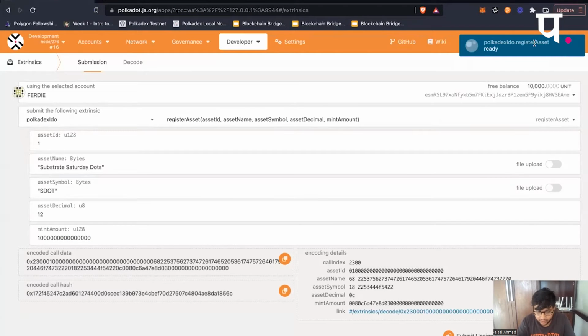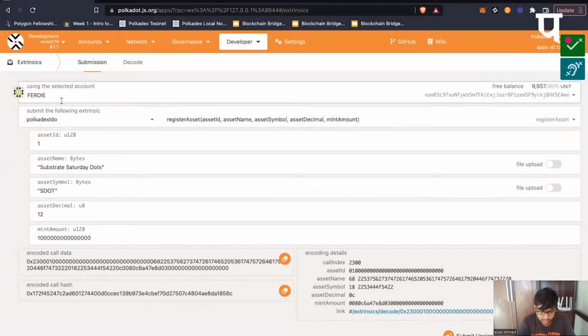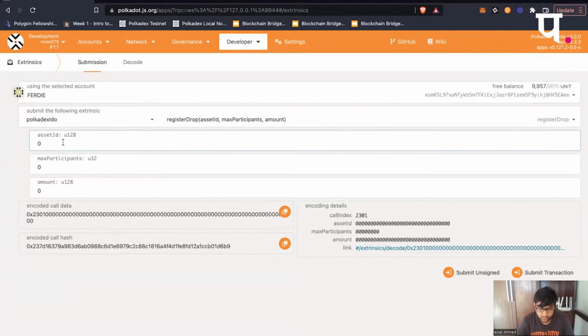It will not only register the asset, it will set the metadata, and then it will mint an initial amount of 1,000 assets into this account. Now that we have the asset registered, I will create a drop. This would be the same because we initially registered it to be an asset ID of 1.